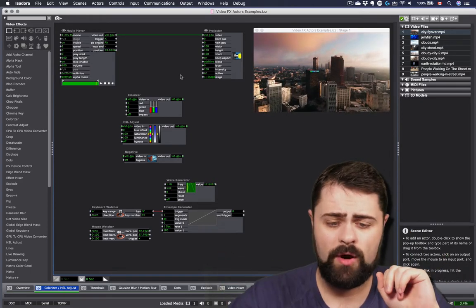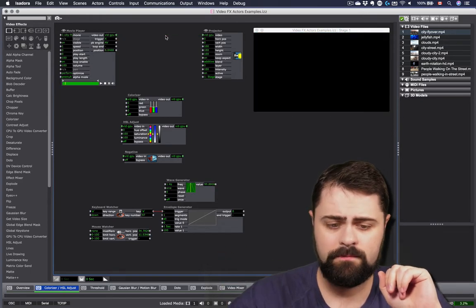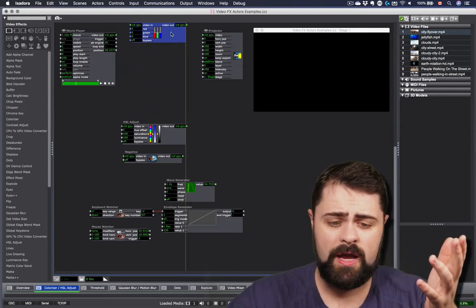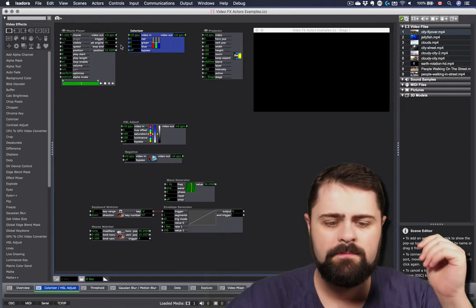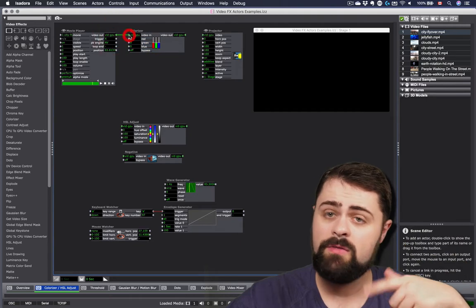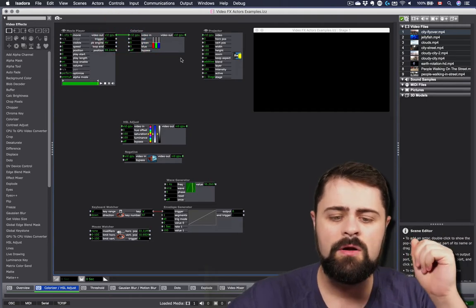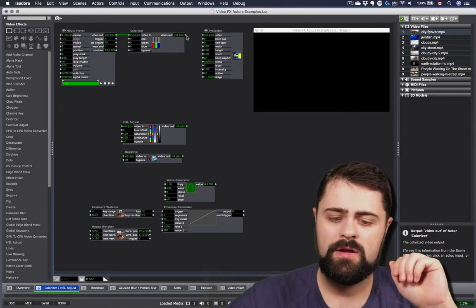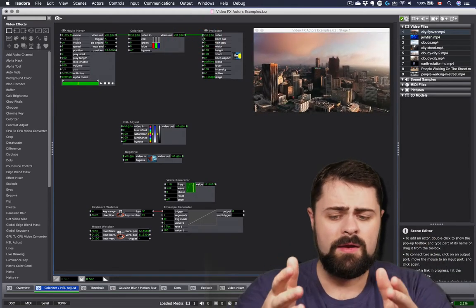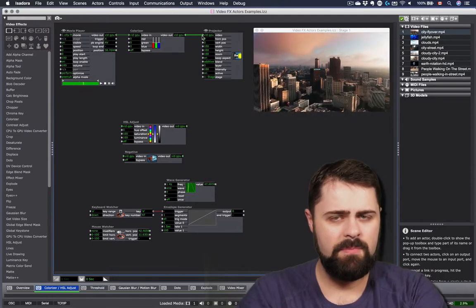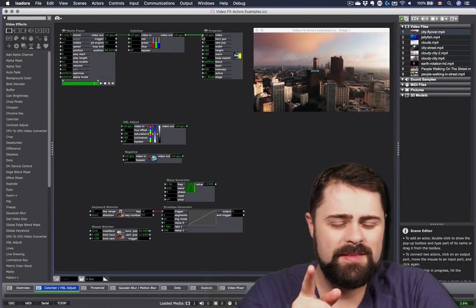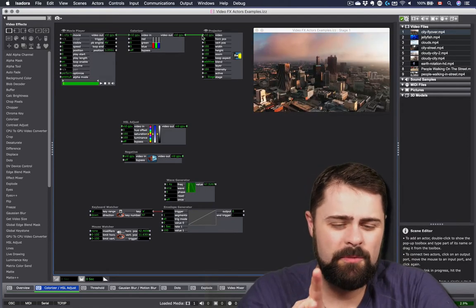We're going to start off by breaking the link between the movie player and the projector, and taking the video effects actor that we want to build into the chain, just putting it in a reasonable spot, and we connect the video out of the movie player into the video in of the colorizer or any other video effects actor, and the video out of the colorizer into the projector. And there's our video feed. Now, we aren't quite seeing an impact yet, but before we talk about what the actor's actually doing, let's just look at a couple quick methods to make that process of integrating it a little bit quicker.